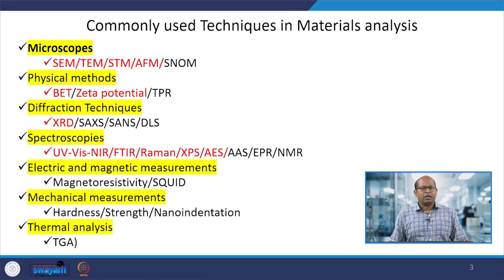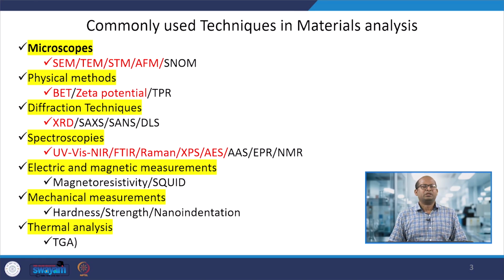First, the commonly used analysis techniques for various material synthesis and analysis. Those are microscopic techniques: SEM, TEM, HRTEM, AFM. Then there are the physical methods of characterization of the materials we prepare: BET analysis and zeta potential. Also diffraction techniques are available, that is X-ray diffraction, and other techniques to characterize the materials